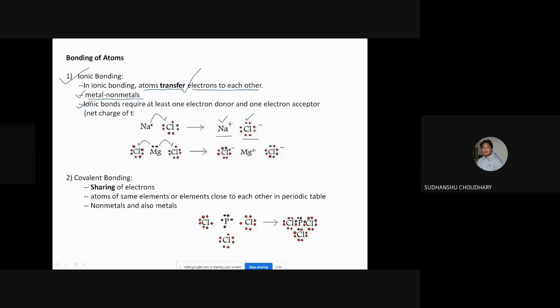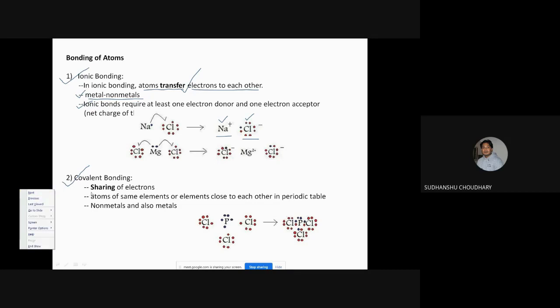Now another type of bond is called covalent bonding, right? So covalent bonding takes place whenever there is sharing of electrons between the atoms. That is, atoms have electrons, so those electrons are shared between the atoms. This is called covalent bonding, which takes place by sharing of electrons between the atoms. For example, here,